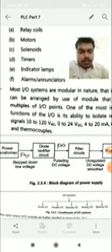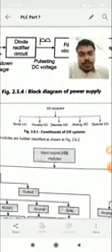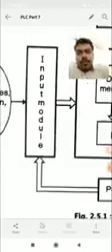And the next one is the most important classification, right? Input output modules, as we have seen. Input module is this, right? And the output module is this. So these are actually further classified.